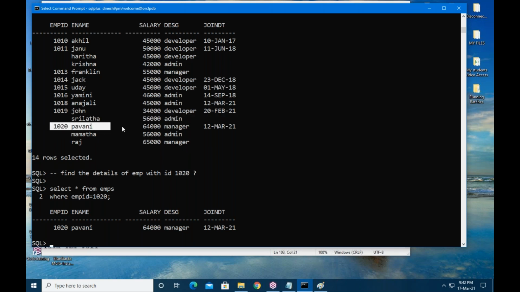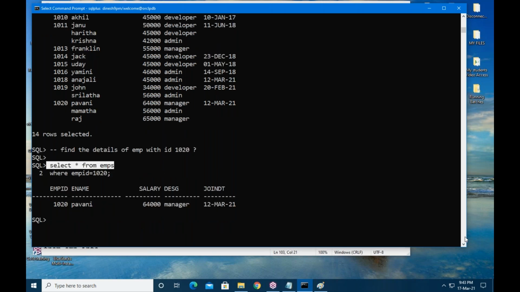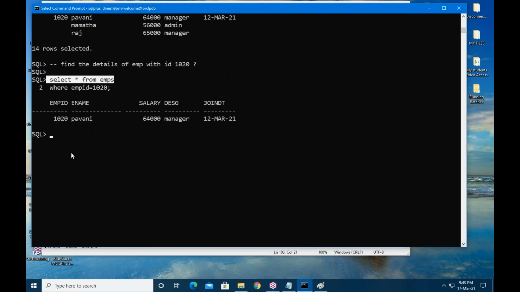This is the matched record. From the matched record only, it will select your data. Whenever you are writing a condition, only from the condition satisfied records, the data will be selected. Clear?